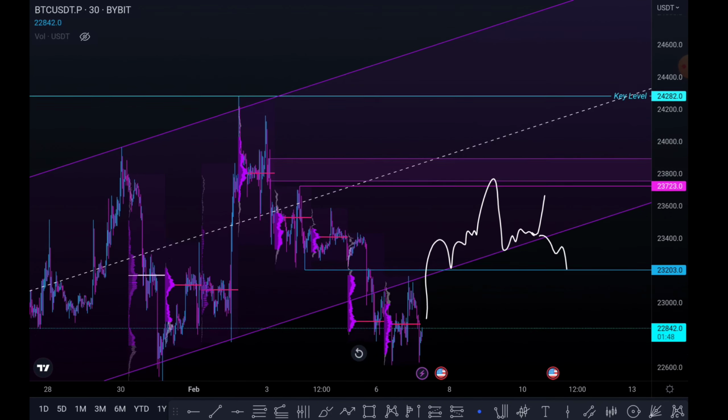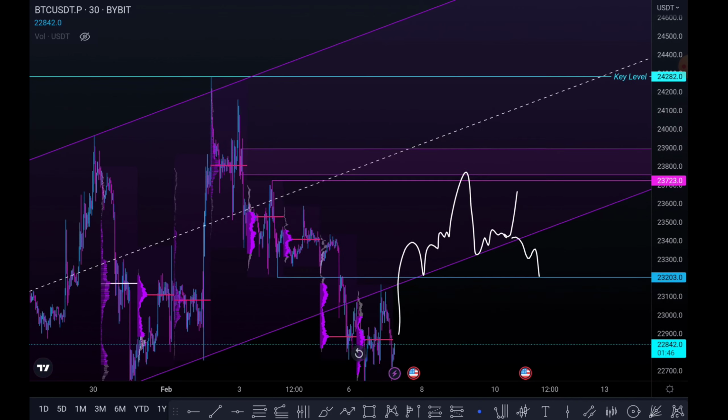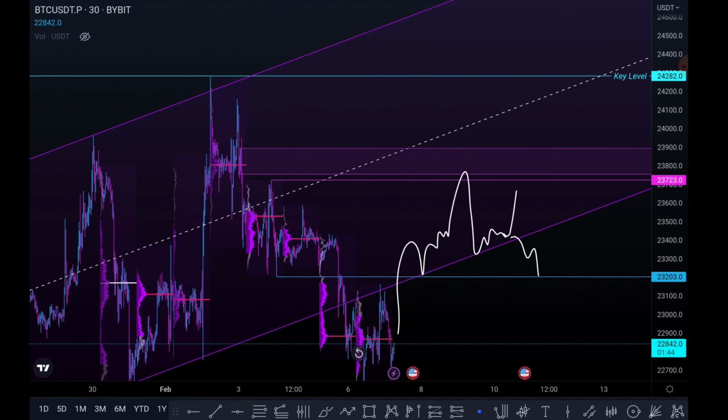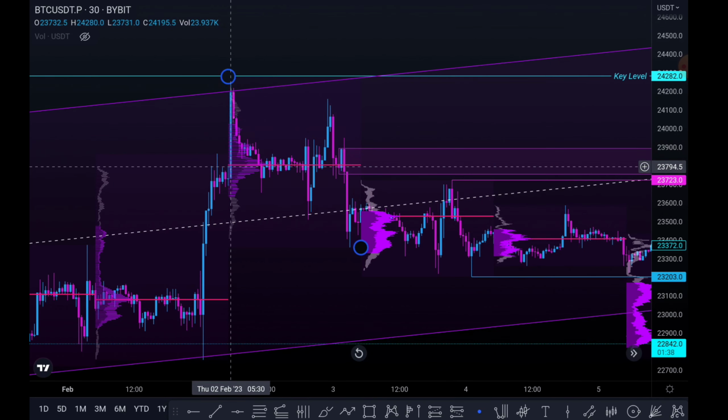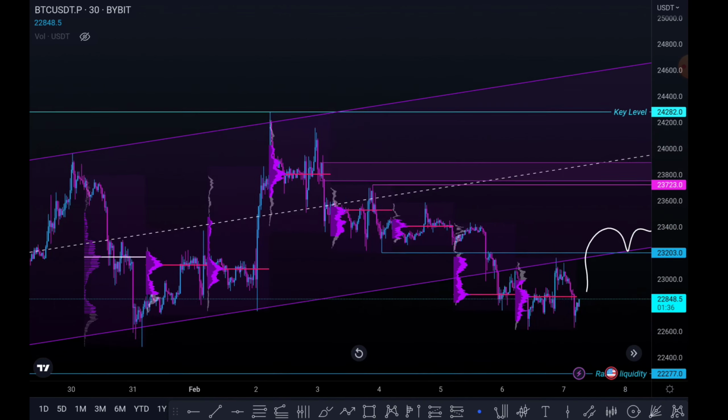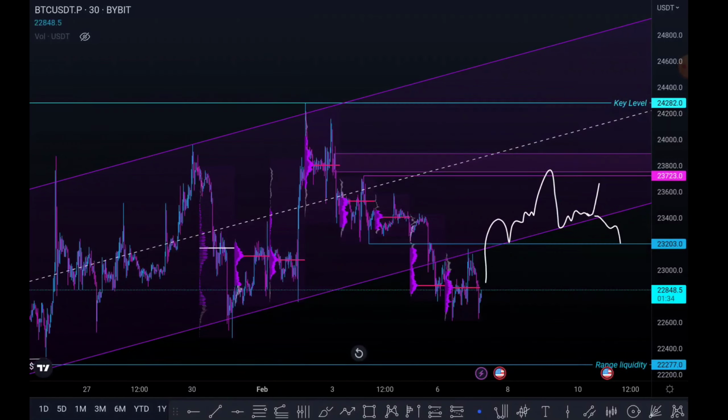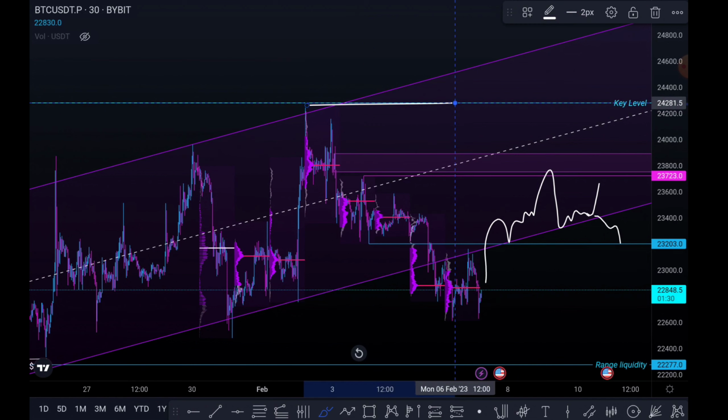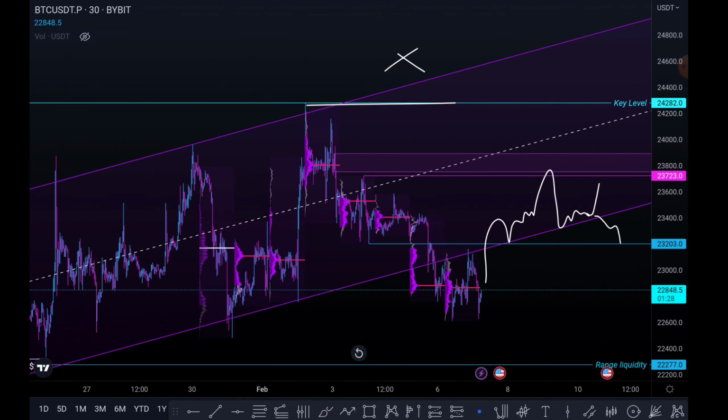And then there's a ski level at 24,282, which is a weekly level that has been front run by I don't know how much, $2. So a good idea would be to sweep this high. Anyway, before that comes, I'm really interested in taking